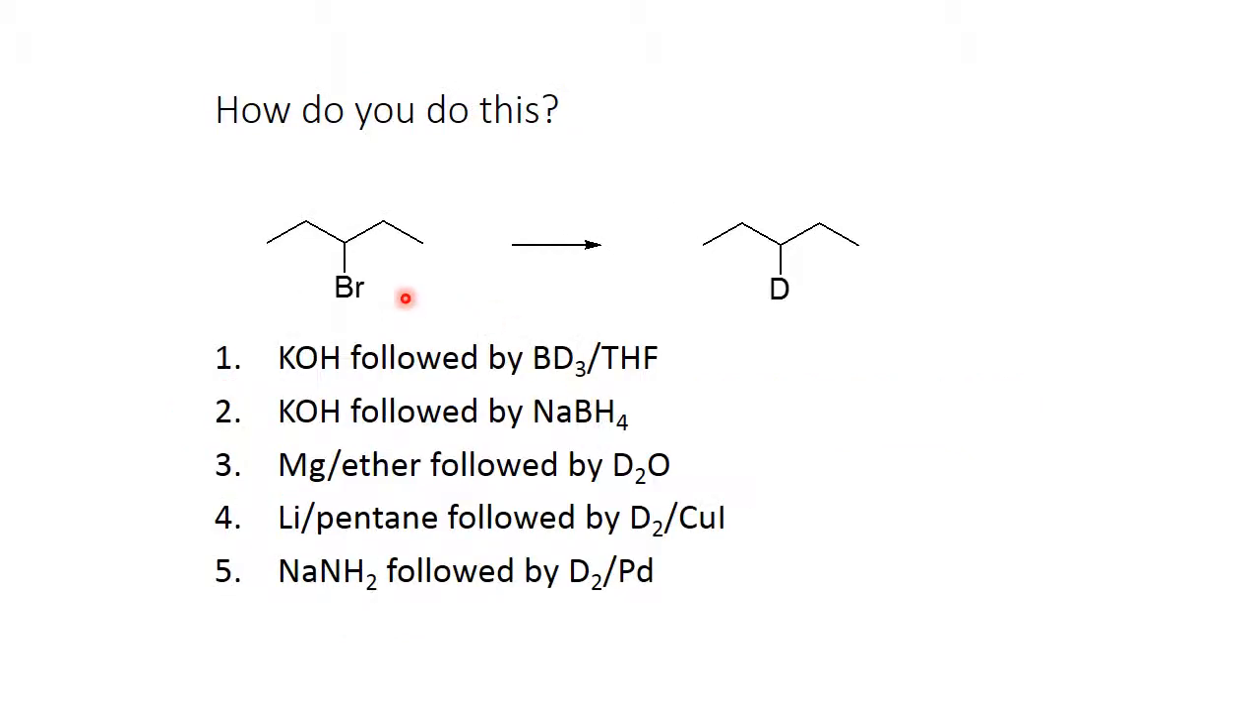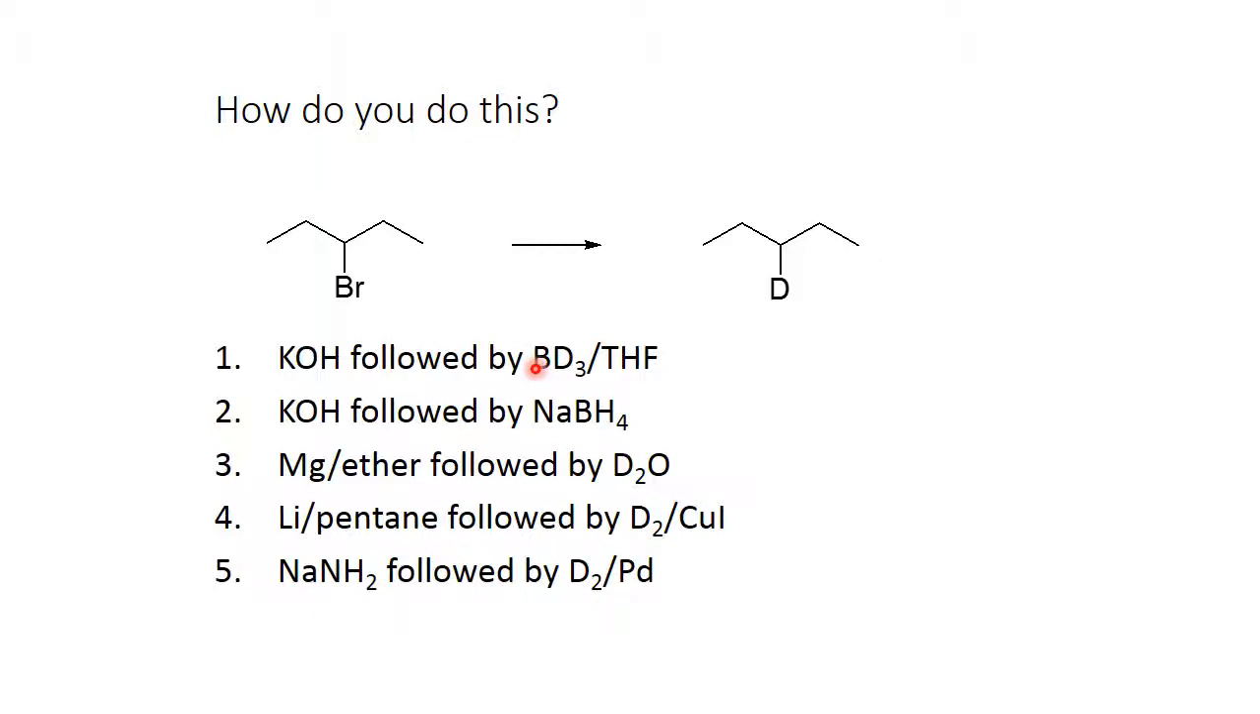So how are you going to convert bromine to a deuterium? Remember, a deuterium is just hydrogen, but with an extra neutron in the nucleus. Okay, if I look at this, if I use KOH, that would remove hydrobromic acid from this and give me the alkene. And then if I used